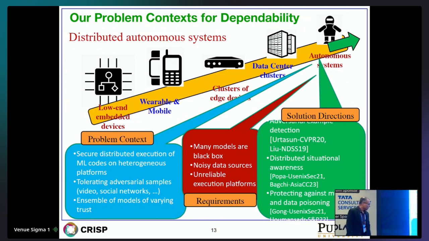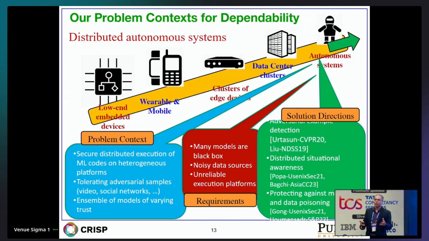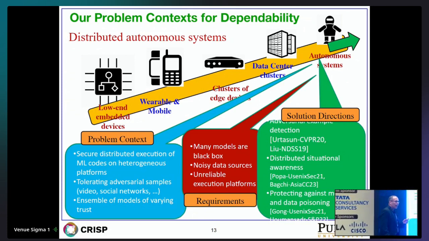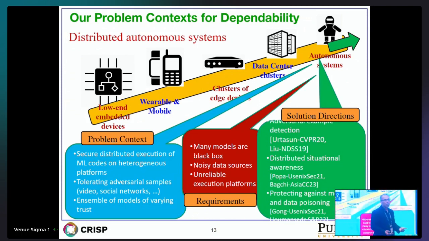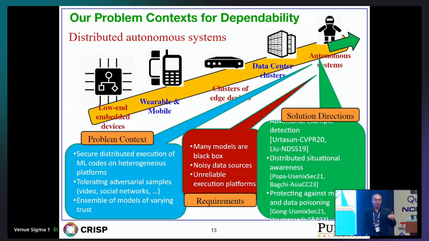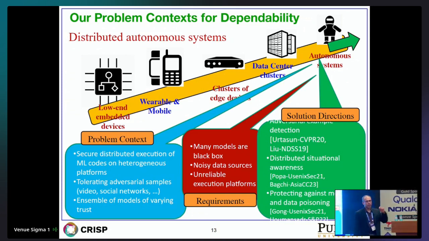The second problem context that comes in here is that by nature, these are less managed, less protected systems, and therefore you've got to be able to deal with strategically injected errors into the data streams. And the third one is that you're going to have not a single model, but an ensemble of models matching the resource availability on these different platforms. So how do you pull together an ensemble of machine learning models and build something cohesive, something usable together? The requirements that come out of this is many of your machine learning models are going to be black box, and you still have to make appropriate inferences about, is this reliable, is this secure out of these black box models? The data sources are going to be noisy, sometimes strategically, maliciously corrupted, and then the execution platforms are going